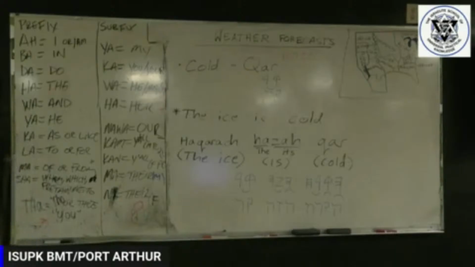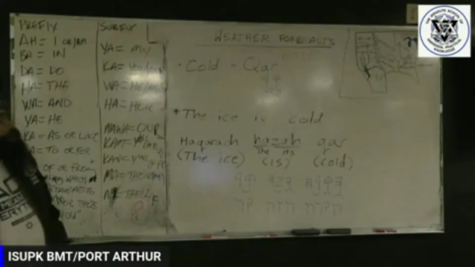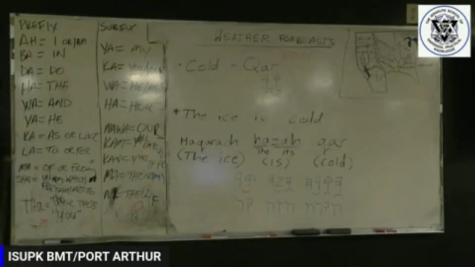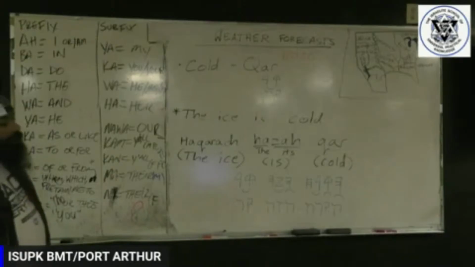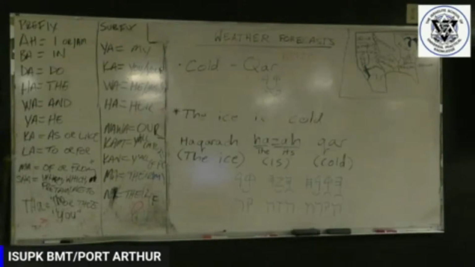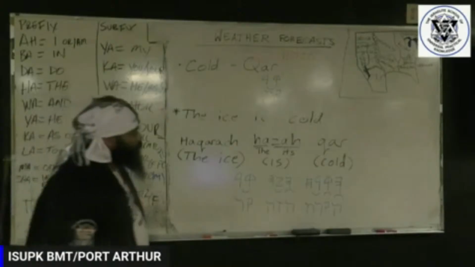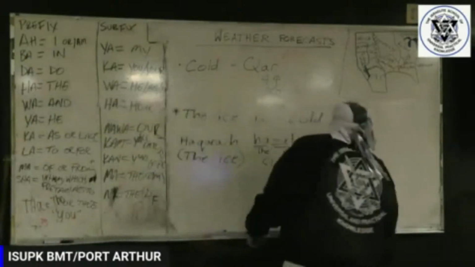I'm going to write that down and go over that. But yeah, we can mix it up. You know what I'm saying? We can use what we learned. We know rain is gasham, cloud is ainan, snow is shalab, wind is warak, and cold is quar. These are the forecasts so far. So finally, I'm going to get hot, and then we can start mixing it up.